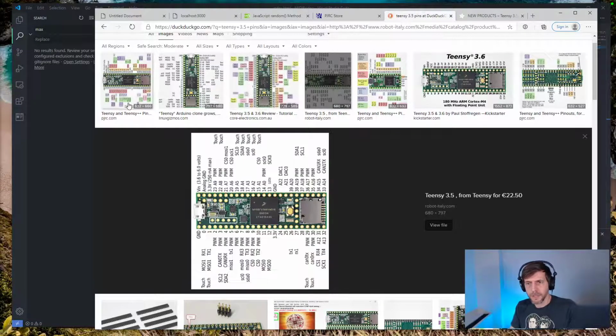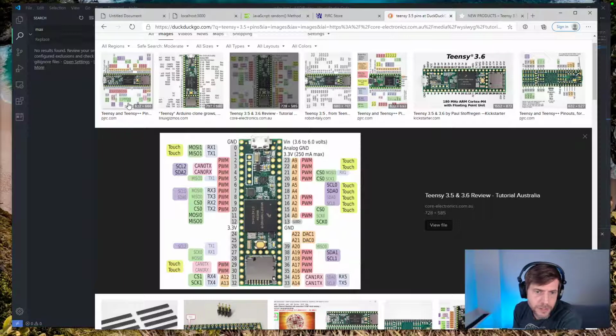Okay. That looks like a Teensy plus plus. So that is a whole lot of analog, and that's a whole lot of digital. Presumably, we wouldn't be able to use all the digital, but